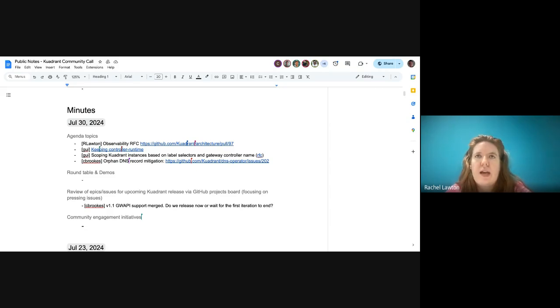So the original suggestion was to have an observability CR that would have very fine-grained detail to allow users to change each component depending on what they wanted. But from feedback from Craig and then talking to Jim, a new solution is more than likely going to be an observability policy instead. The main policy would be attached at the Kuadrant level, and that will allow users to change, for example, logging or tracing from a Kuadrant view, so it's all of them. And then if they have finer details or different use cases for a component, they can create a policy and attach it to that component instead.